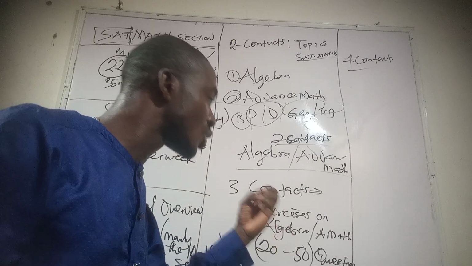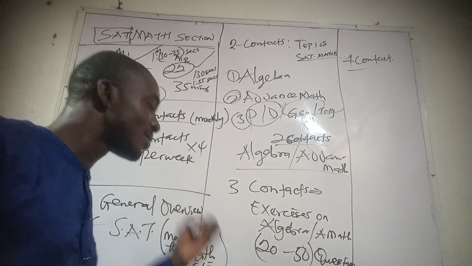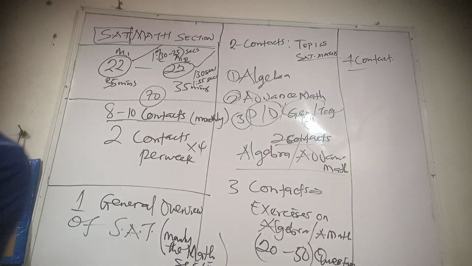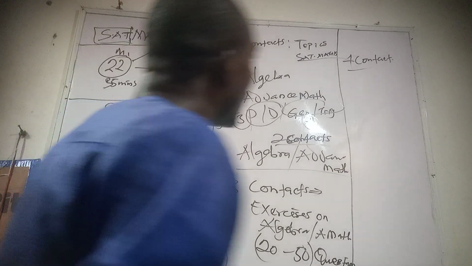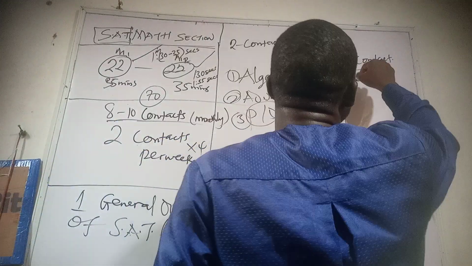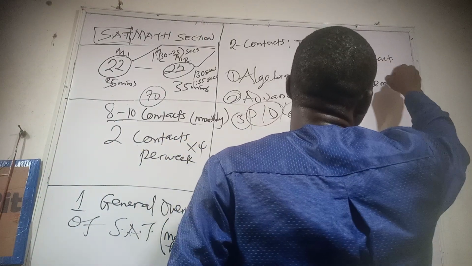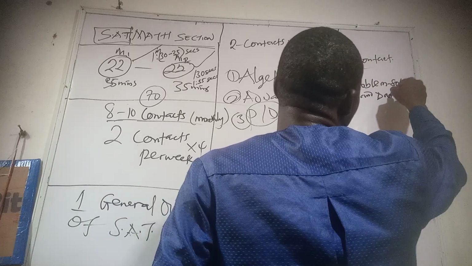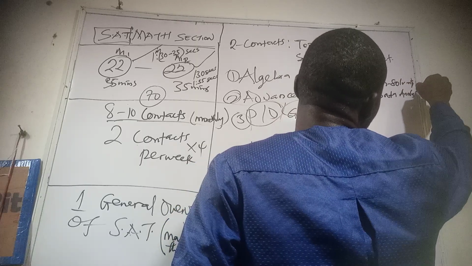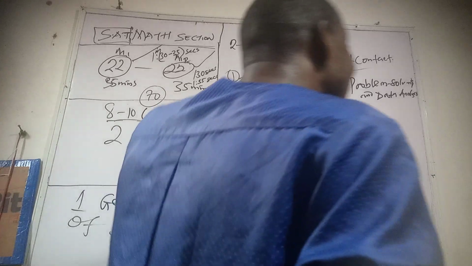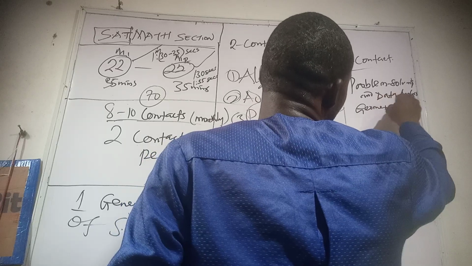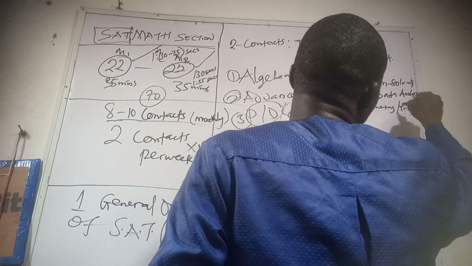Good. In the fourth contact now, we tell you more about problem solving and data analysis. And again, we talk about geometry and trigonometry for you. These are the 4 contents of SAT maths. So after we have discussed this in the 4th contact, in the 5th contact with you as a client or as our students,